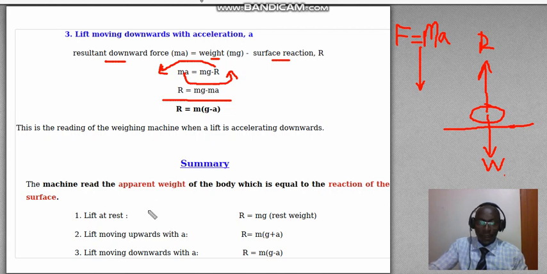So in summary, we have seen that if the lift is at rest, the reading on the weighing machine will be the rest weight. If it is moving upward with an acceleration here, the reading will be the actual weight plus the net force. And if it is accelerating downwards, the reading will be the actual weight